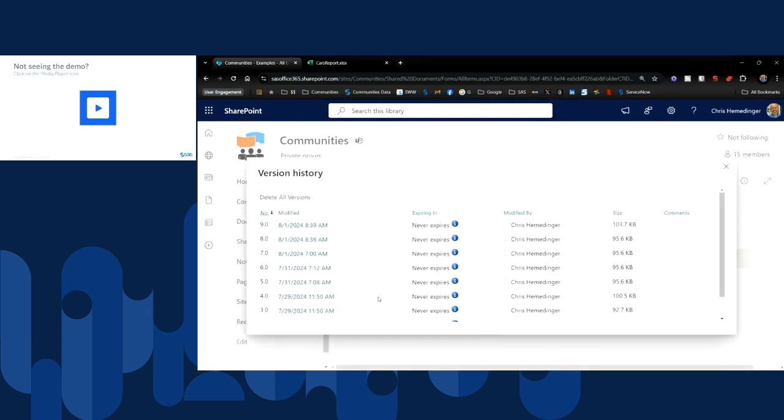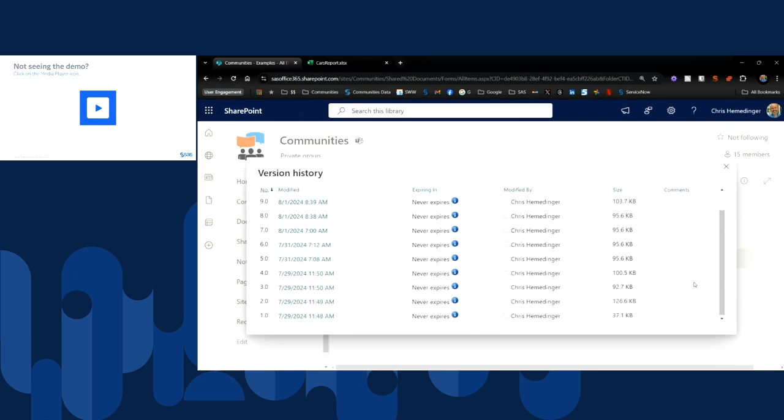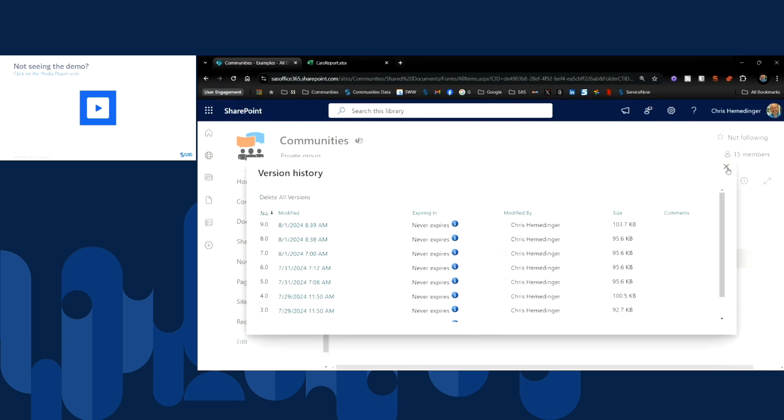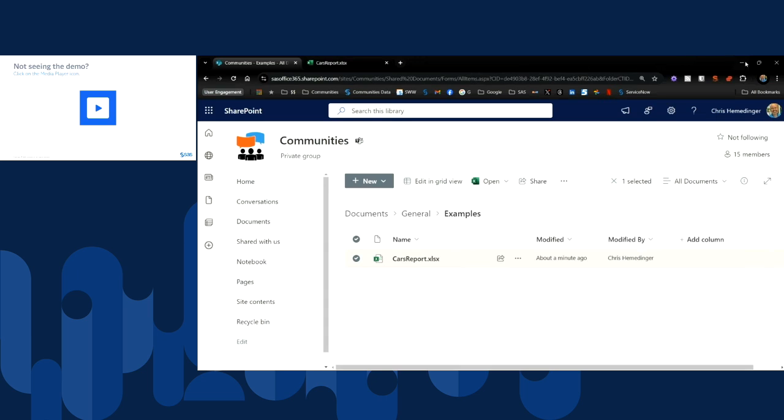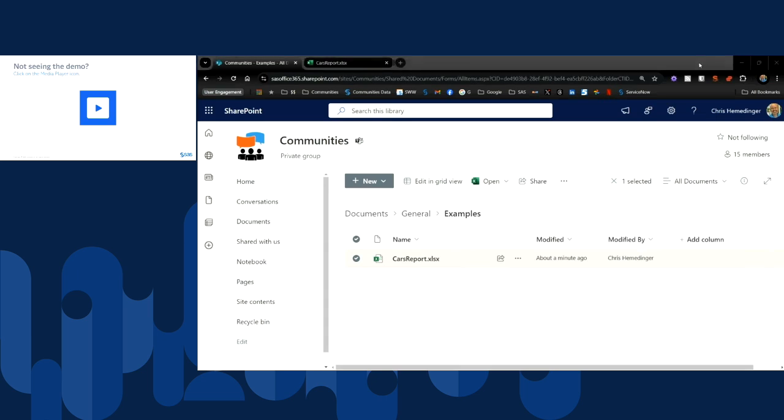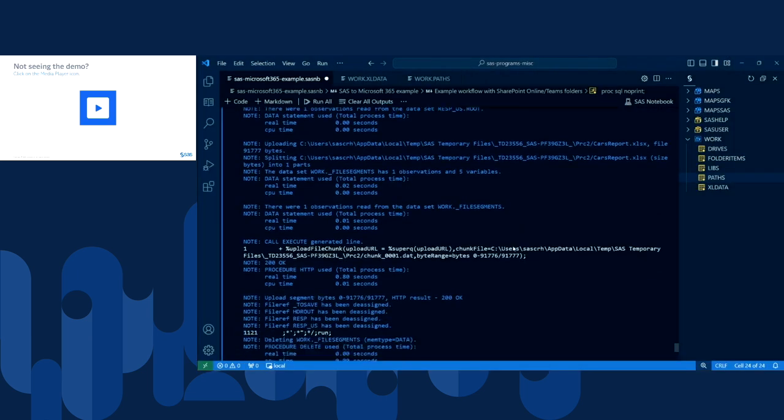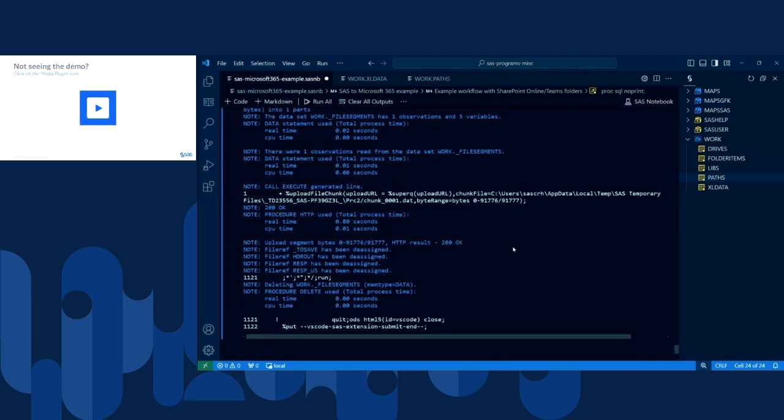So every time I upload it, it versions it for me. This is just how it works in SharePoint. So I can see exactly what's different here. So that's how that all works. Going back to the upload operation,